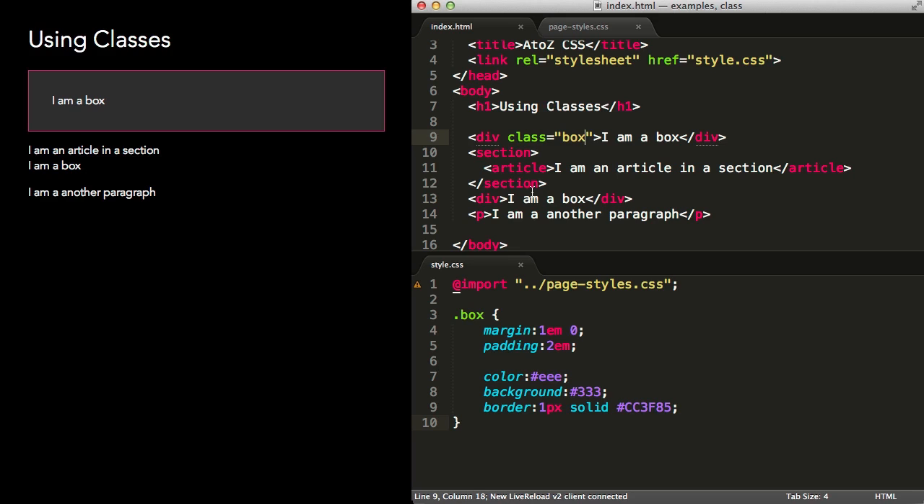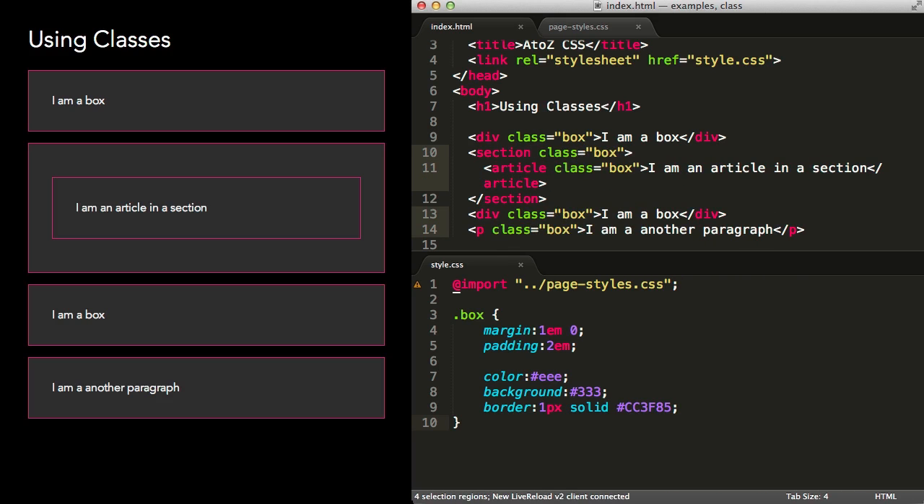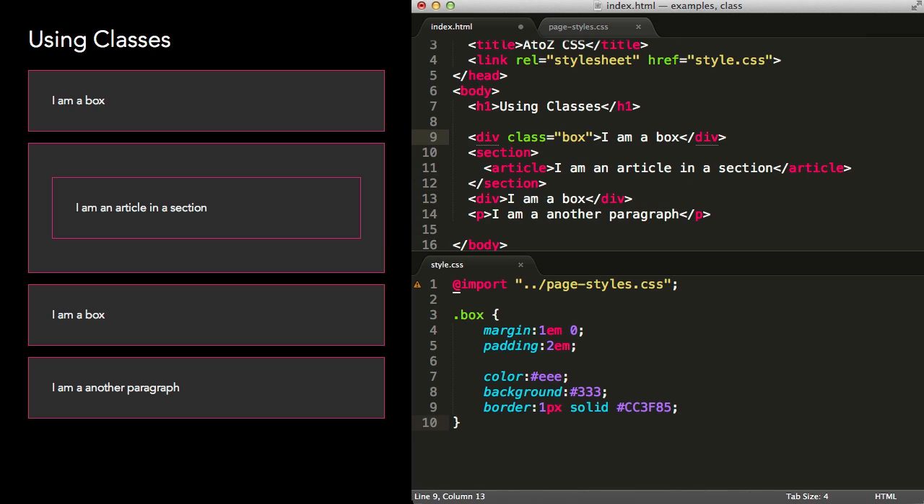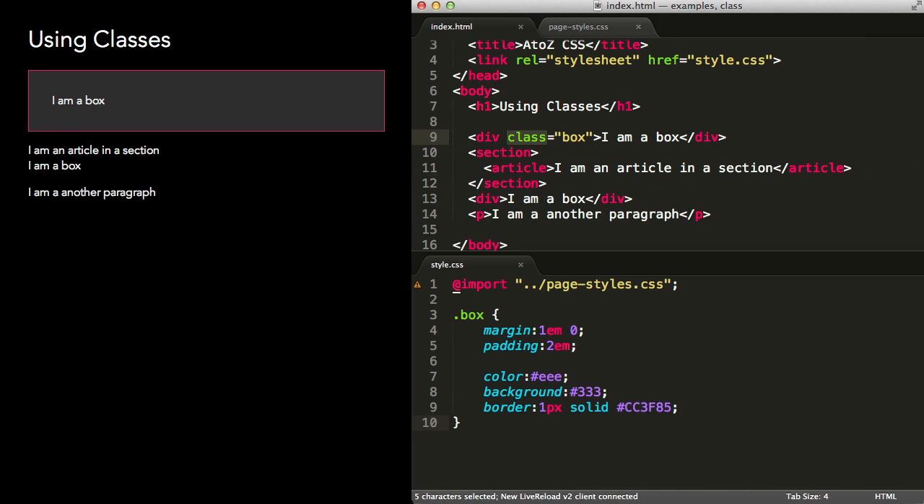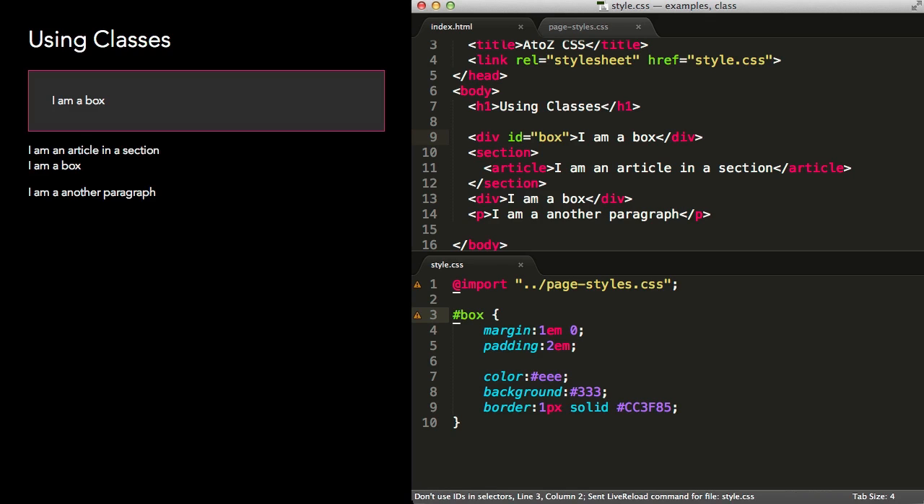I can reuse this class as many times as I need and can apply it to a whole host of different elements. The class selector doesn't care what element you put it on. If I had div ID equals box, I could only use this once. If I've gone to the trouble of tapping out a whole load of CSS, I at least want the option